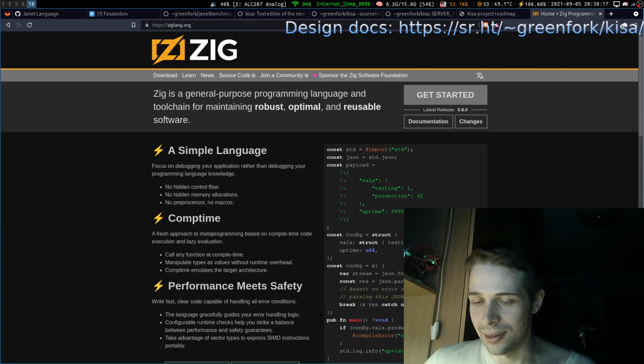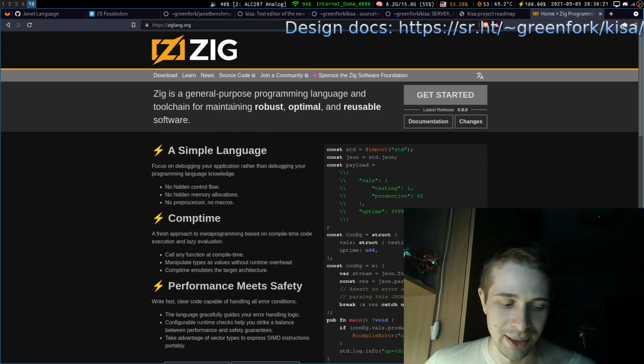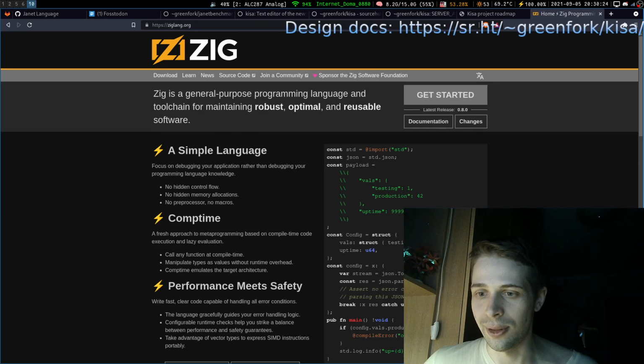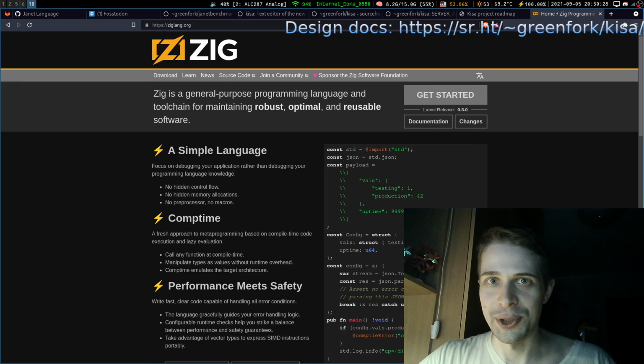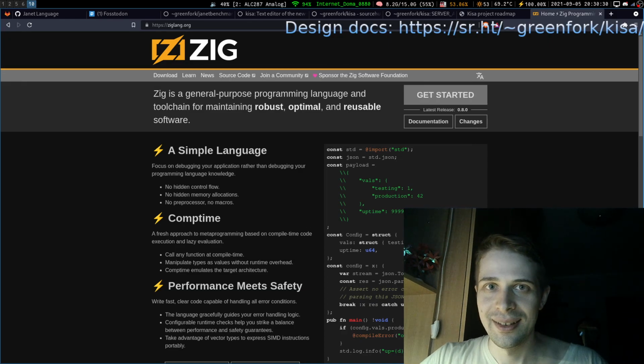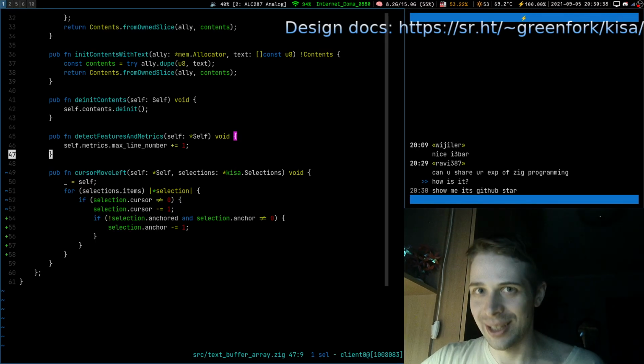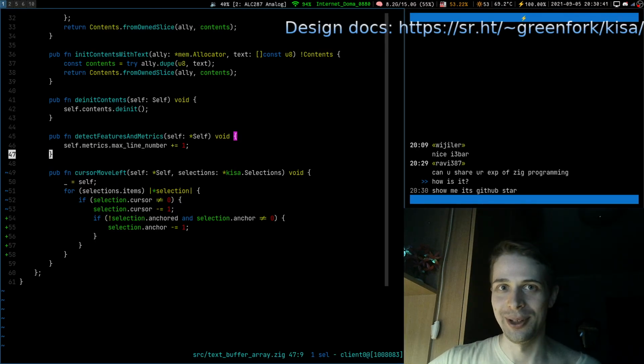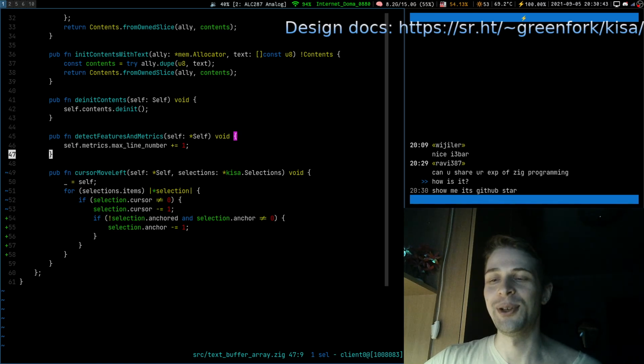If you are interested in memory management, memory handling, resource handling, if you want to go low level, I would recommend Zig. Beautiful choice. Show me its GitHub star. It has a lot of GitHub stars. I'm sure if you are motivated enough, you will find GitHub stars and a lot more. Try it and see it for yourself, Ravi.